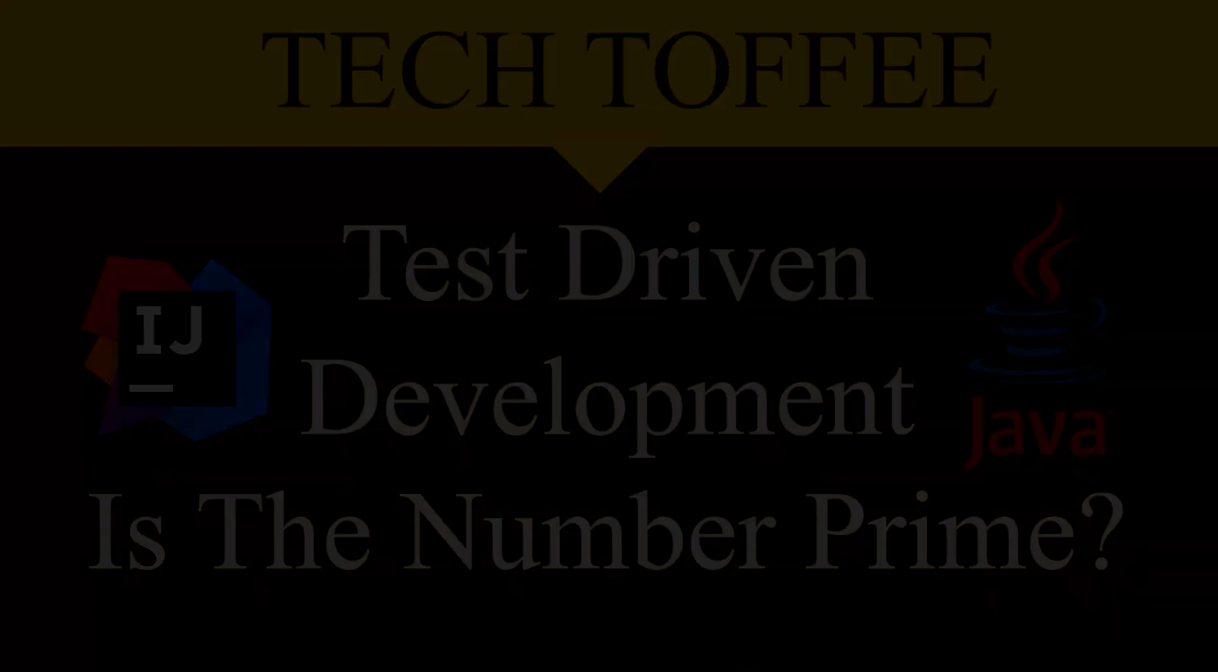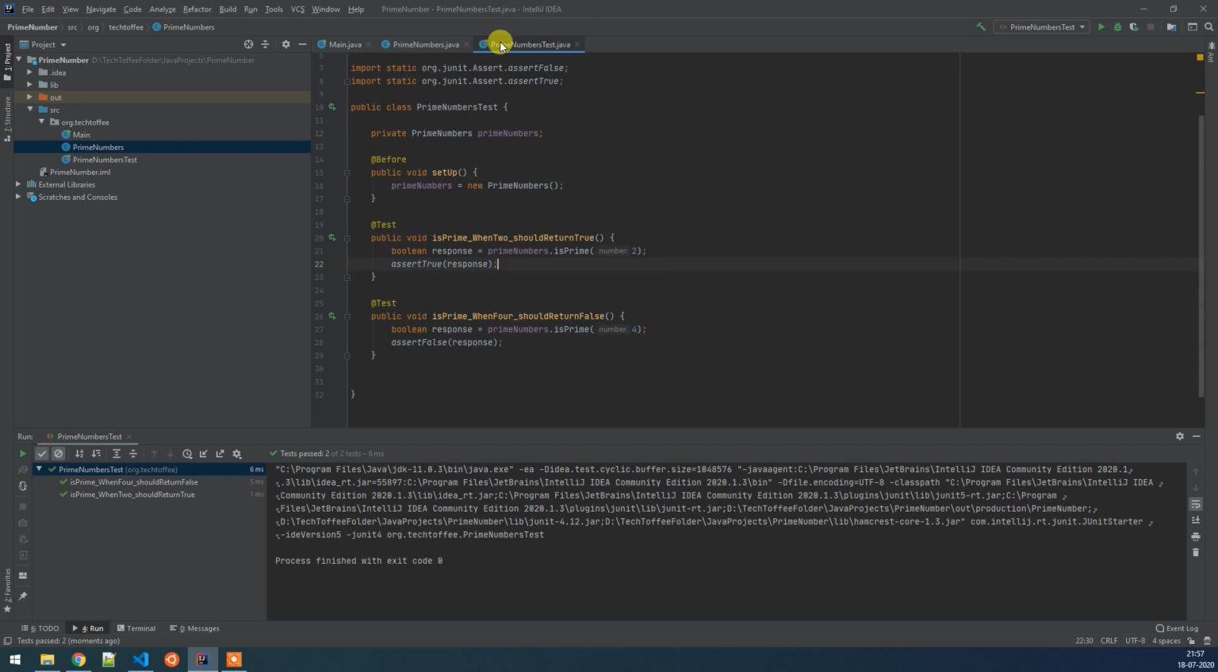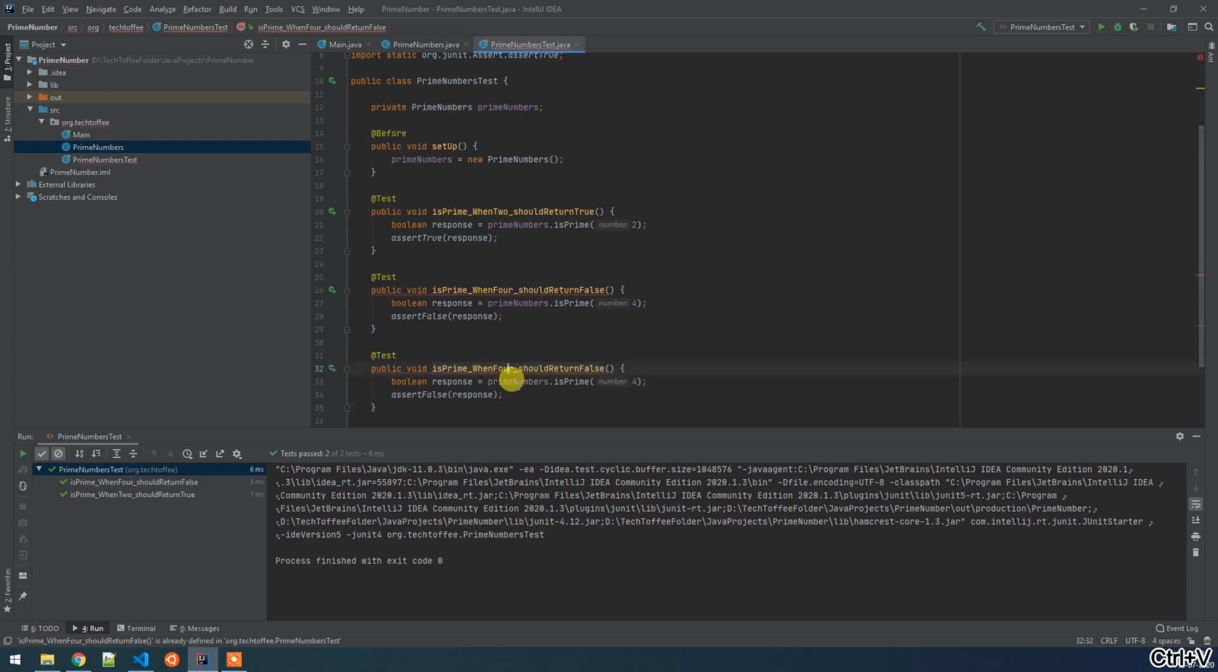In our previous video, we created our prime numbers list, which is giving us the results. When 2 is passed, it will return that it is a prime number. When 4 is passed, it will return not. But the problem we face is if we create a test where the number is not present in the prime numbers list, but it is a prime number, then it will return false. So for example, here we are creating a number 573,